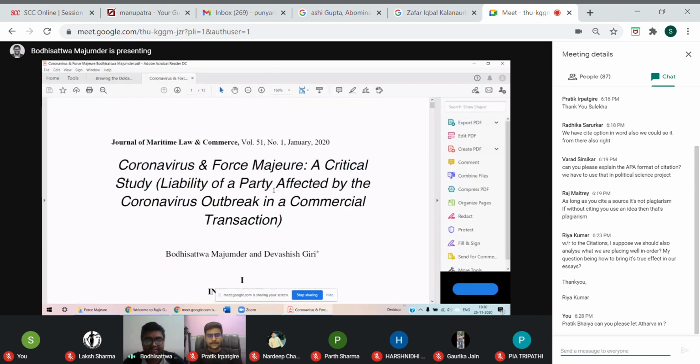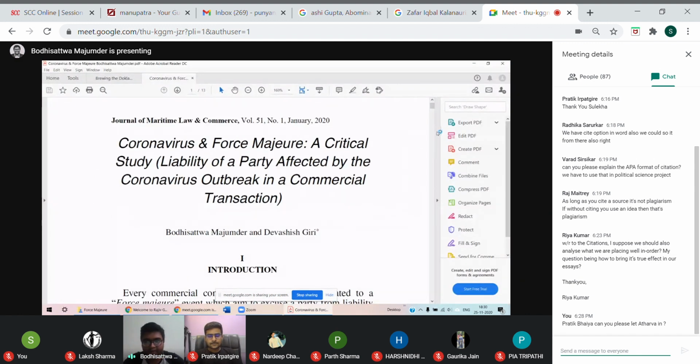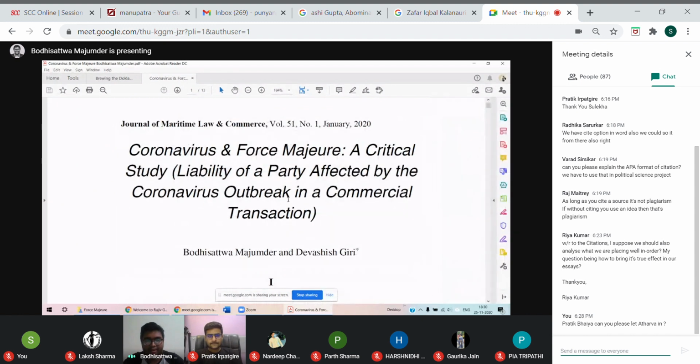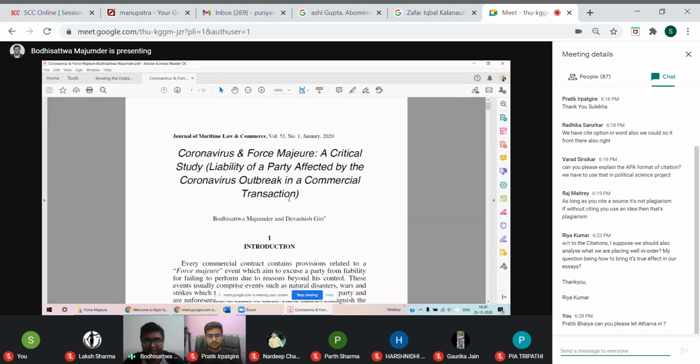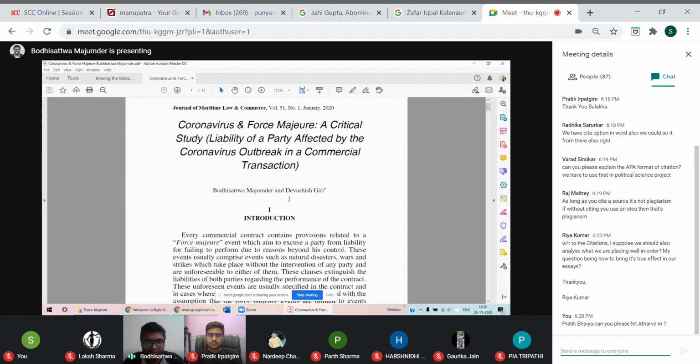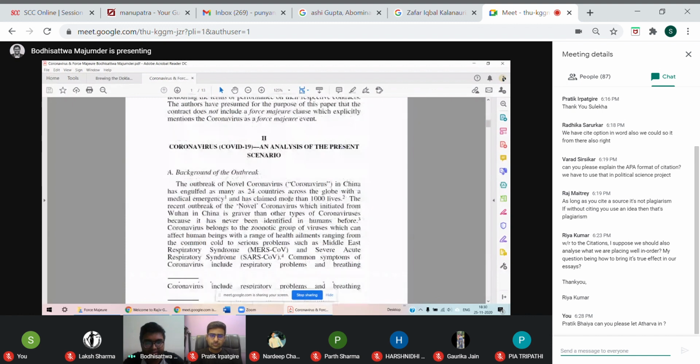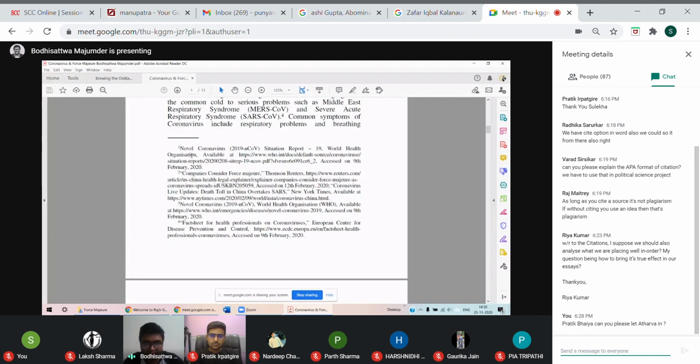Yeah, so this is the official copy of my published paper. So whenever you go to a journal, you will find a paper like this, right? So you just go to the citation and here you will see the formatted one. So this is the format. This is the title. This is the name. This is the title available at, accessed on. So that's how you deal with it.